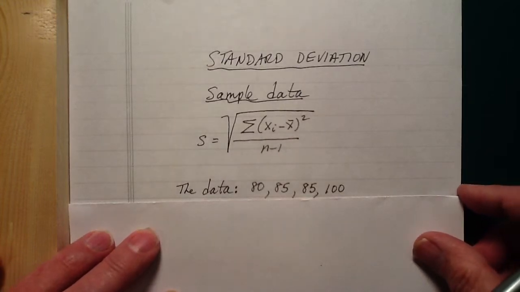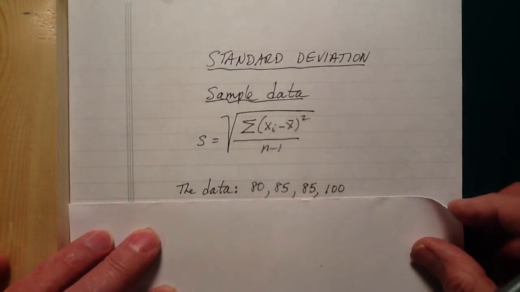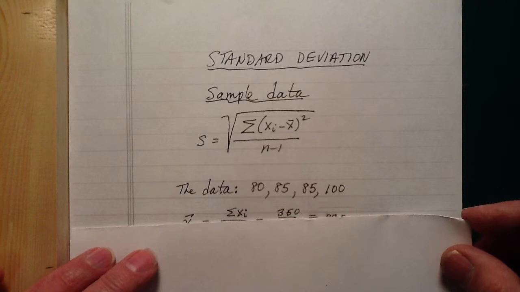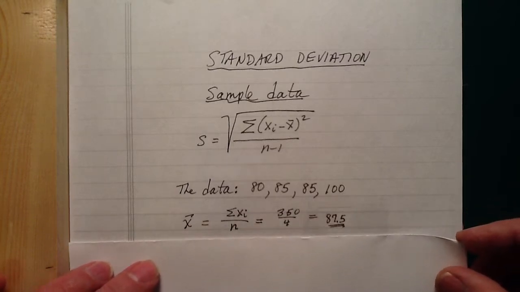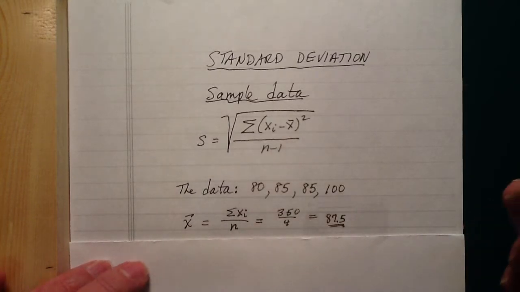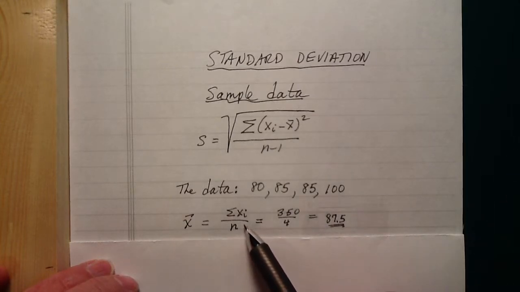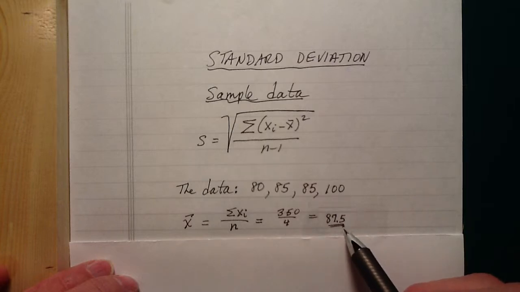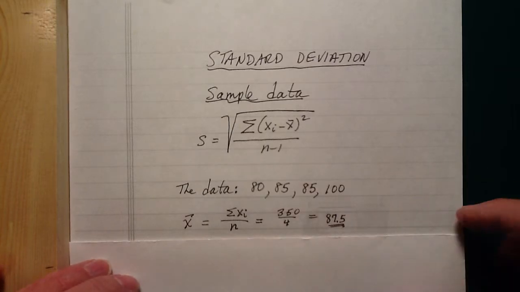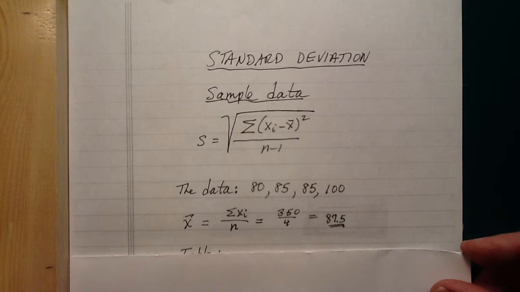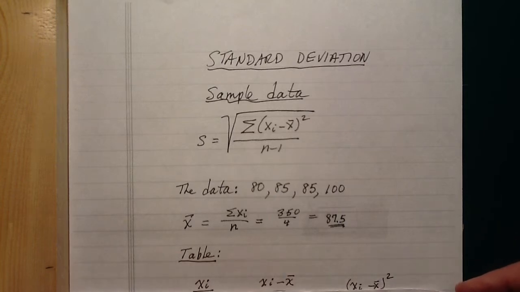Here's what the data is. I'm just going to do 4 pieces of data, and since we're going to need x bar, let's compute that right away. Of course that's the sum of all the x values divided by n, and in our example it's 87.5. Now let's set up a table,